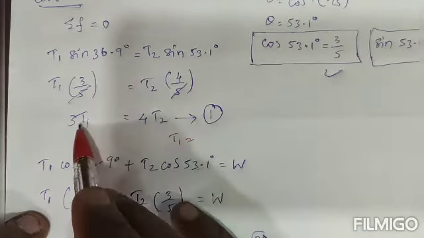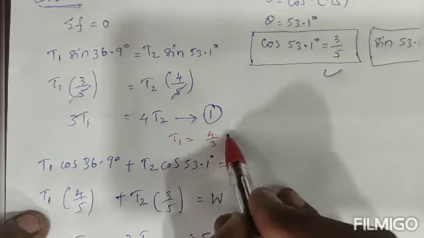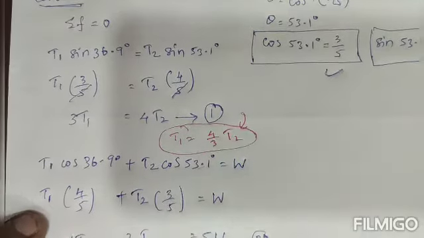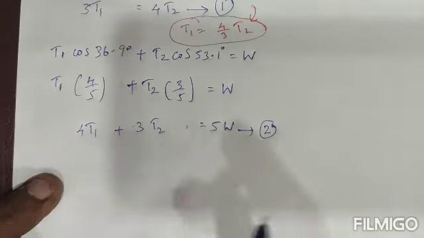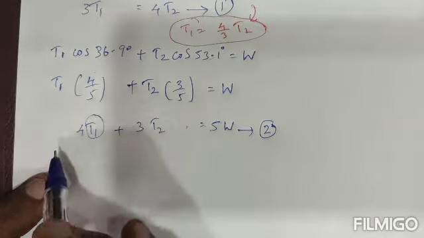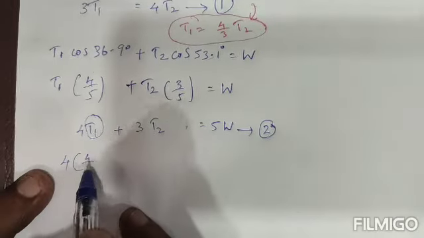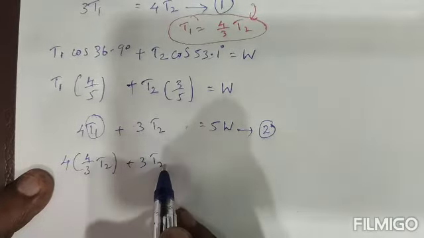T1, how can we write it? T1 is equal to 4 by 3 T2. This is from equation 1. So this T1 value I can substitute here. Apply it from this T1. So what can we write? 4 into, instead of T1 we can write 4 by 3 T2, plus 3 T2 is